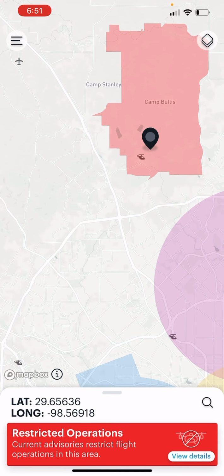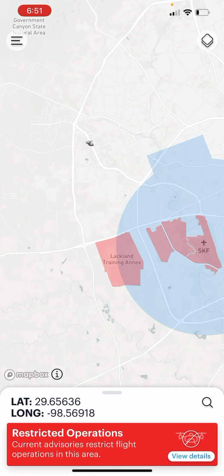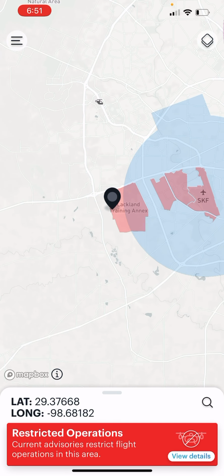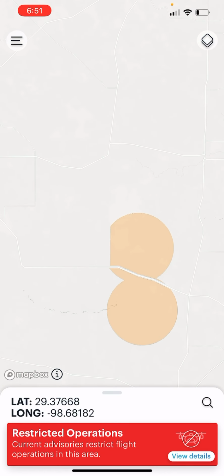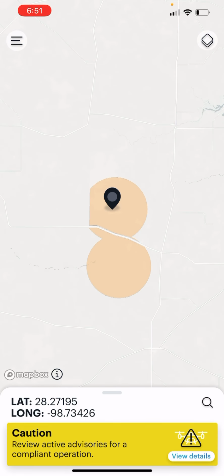So that just tells you, hey, we've got some advisories going on. I've clicked on other military airspace where it just tells you to be wary of any advisories that might be out there. So let's check out orange. Anyway, so